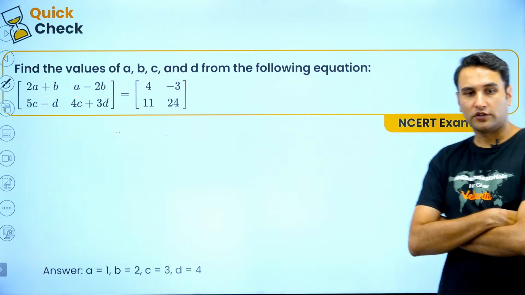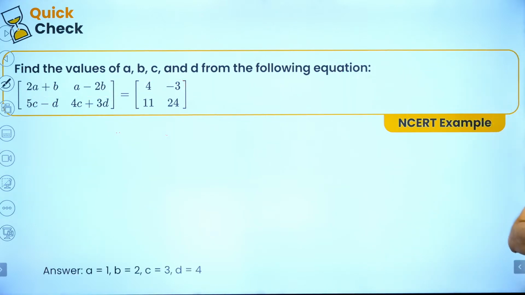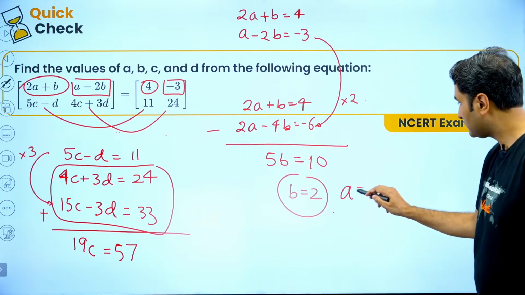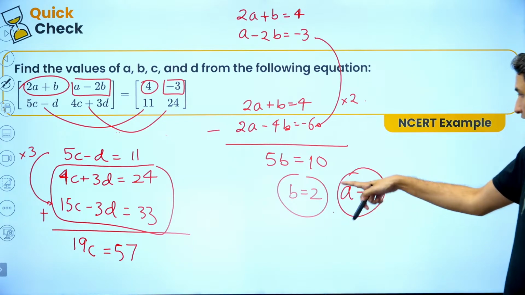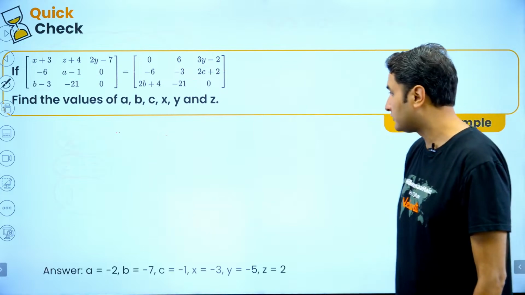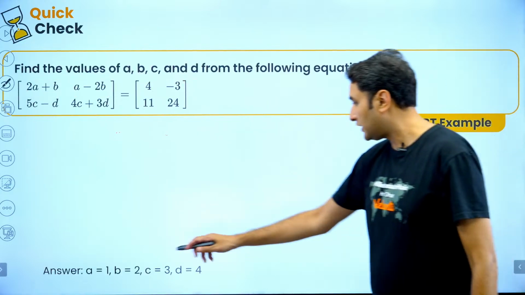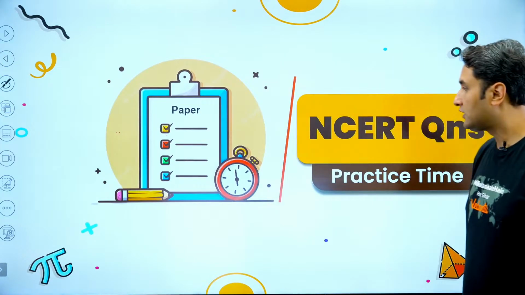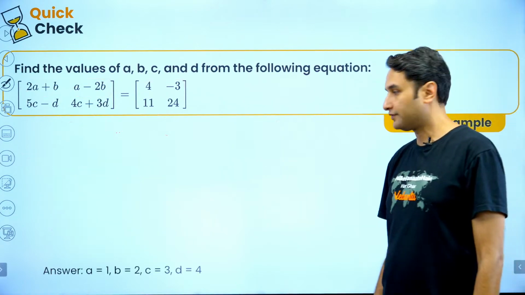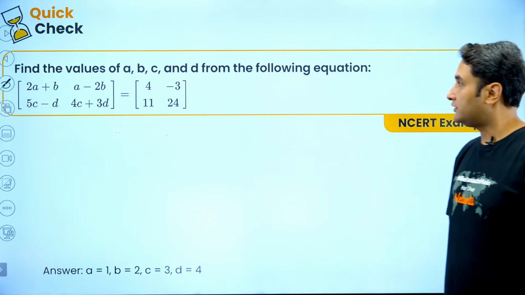Cool? Chalo. So let's see the answer. So answer is here, A1, B2. A will come out to be 1. A1, B2. Sorry, where is it? A1, B2, C3 and D4. C3 and D4 you can check. Alright, let's move ahead. Now,